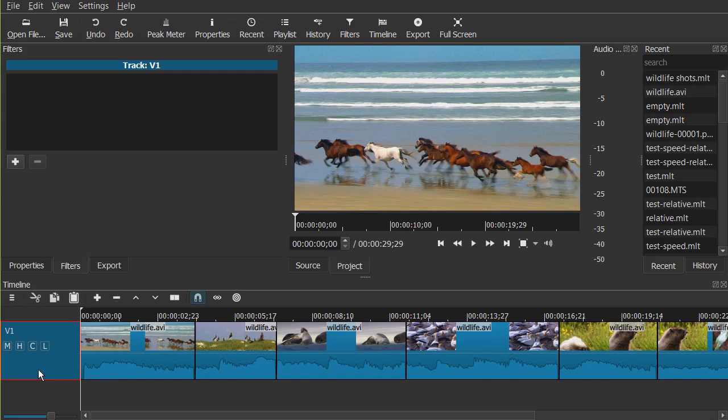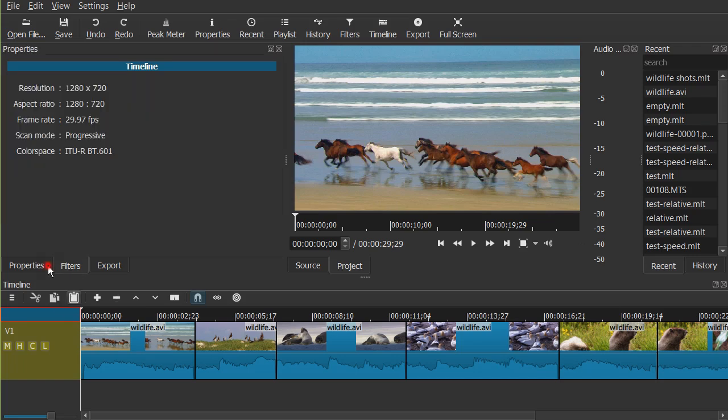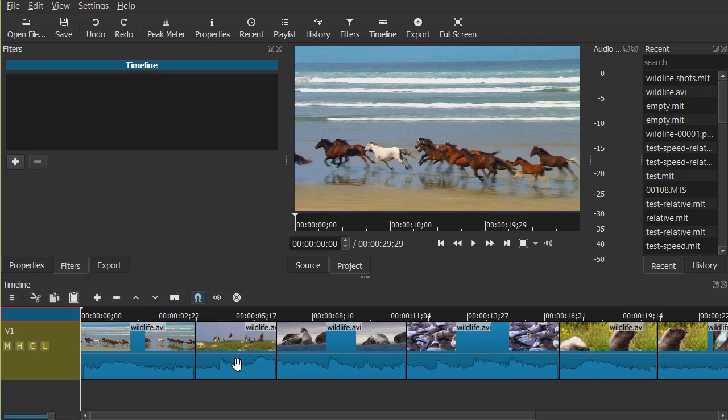And you can also select a track, and you can see here that we're now viewing the filters that are on track V1, in which case there's none. And you can also click the top left hand corner, what we call the cornerstone, to view information about the timeline as a whole. And now one thing that wasn't clear to people is if you open up another clip,